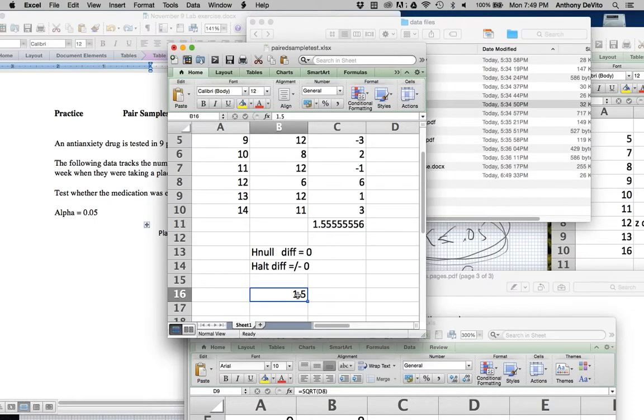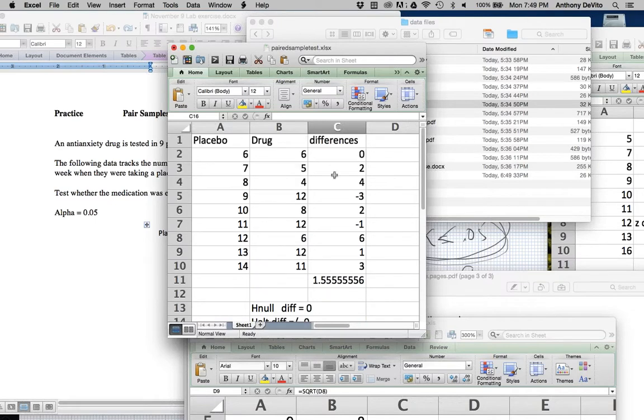The way I'm going to do that is that my average difference is 1.5, and I'm going to divide that by my standard error. And what's my standard error going to be? How's it going to be determined? It's going to be the standard error of all these differences. Okay, so let's see, the standard deviation of these differences